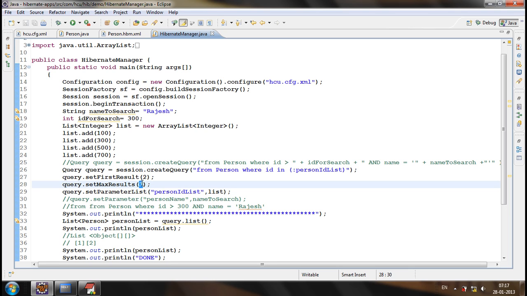How can you achieve that second approach in Hibernate? Understood the second approach? Then how do I achieve that in Hibernate? Max results will not change. We set the max results only once. But